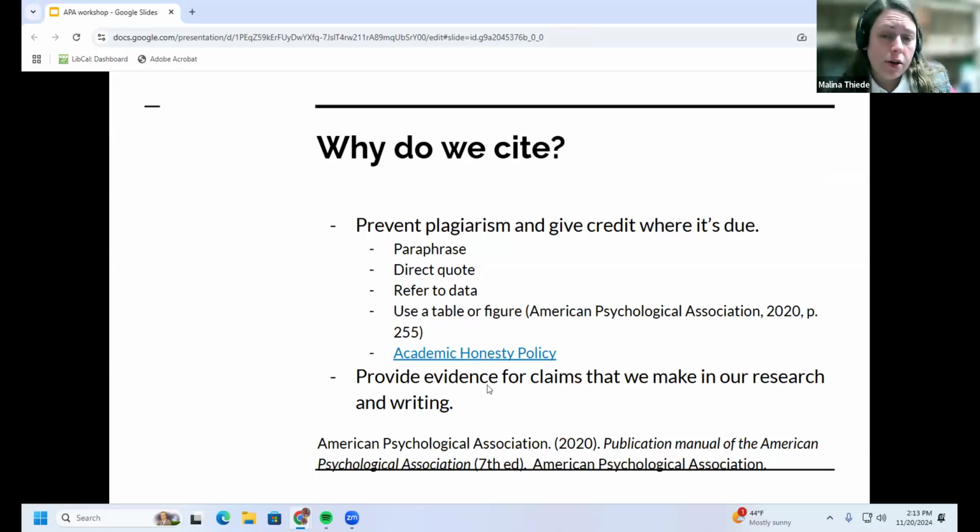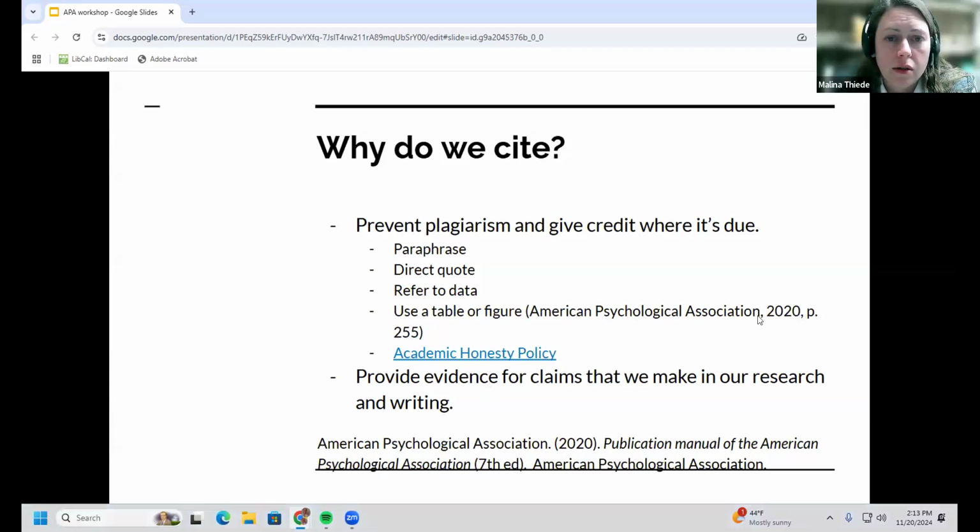The other reason why we cite things, so, again, distinguishing between your own original thought and the ideas of someone else is important. But when you're making a claim in a paper, you need to provide evidence for that claim. We want to see that this is not something that you made up, that there is solid evidence behind that. And so citing other people's works can help to bolster support for your thesis when you're doing writing. So that is the other way that citations help you to provide that support for your claims.